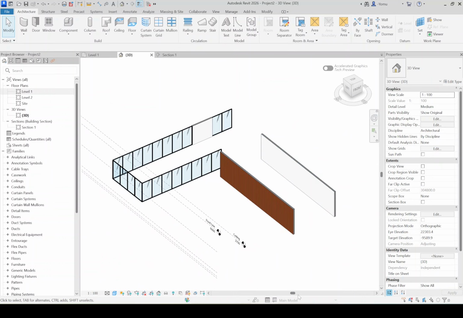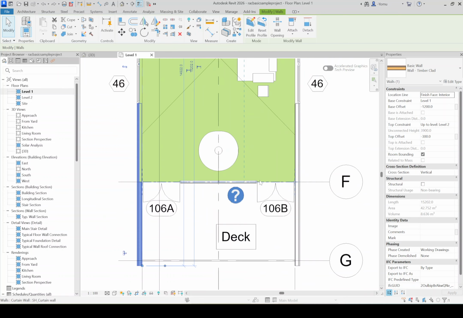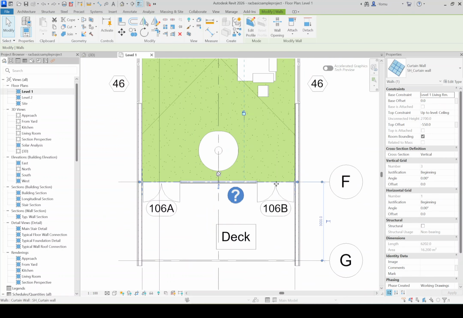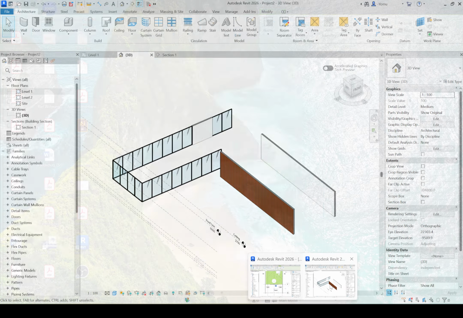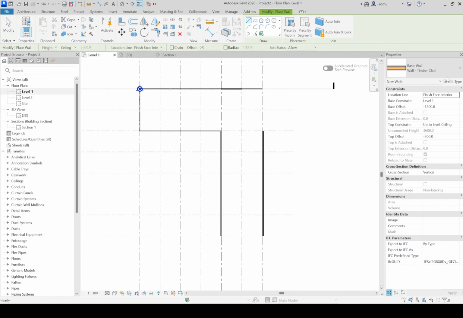Let's see also these sides. So we go to the sample project again. So now we have in the grid F a curtain wall again. It's from level 1 living room now to ceiling with an offset of minus 550. So we go back to our file, level 1. We'll go again, walls,